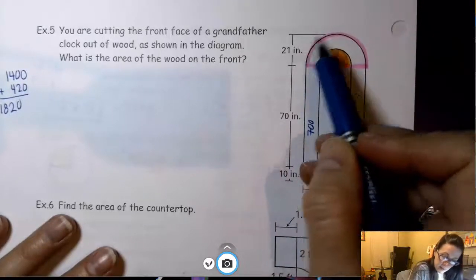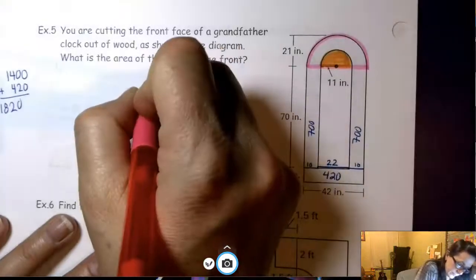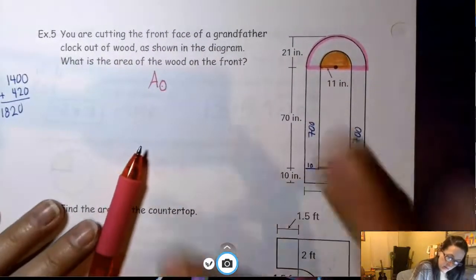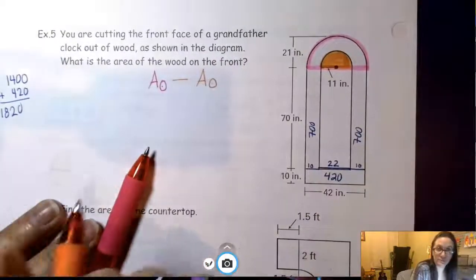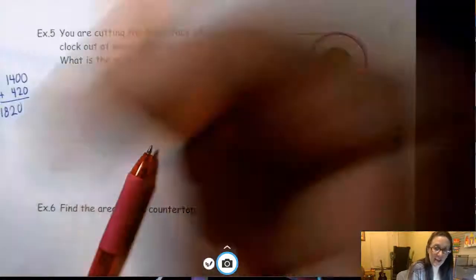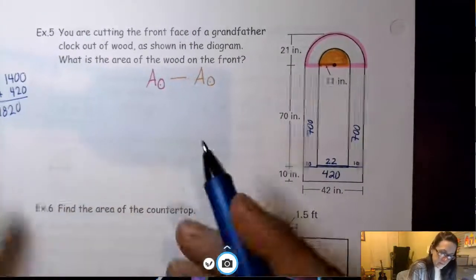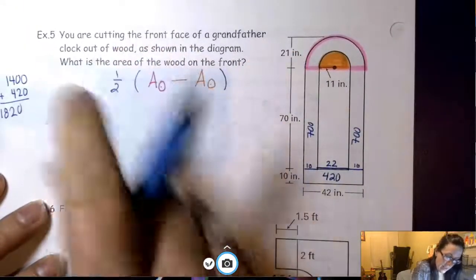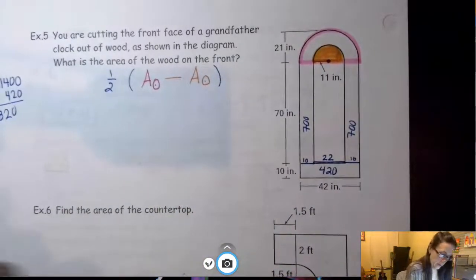Basically, they're circles. I want the area of the pink circle, but I don't want the area of the orange circle. I want to subtract out the area of the orange circle. Except, do I want the entire circle, or how much of the circle do I want? Yeah, I only want half of that. So I don't want the whole thing, I want half of that minus that. So area of the pink circle,